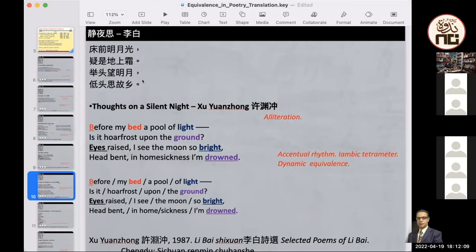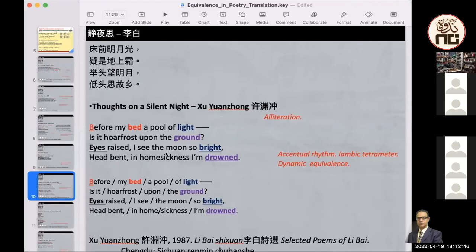Even the rhyme scheme of the original text is A, B, A, A, B, A, A, A, B, A. His rhyme scheme is A, B, A, B. Doesn't matter much, but the thing is that he tried to keep an end rhyme and he tried to keep a rhyme scheme. Not only that, while rendering the poem following this formal equivalence, he also tried to achieve dynamic equivalence, but not in the way other Western translators did, not in their way.